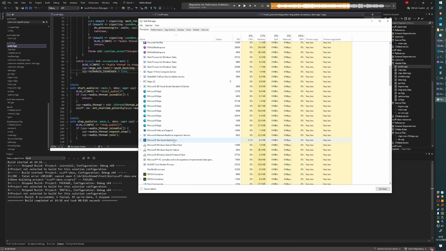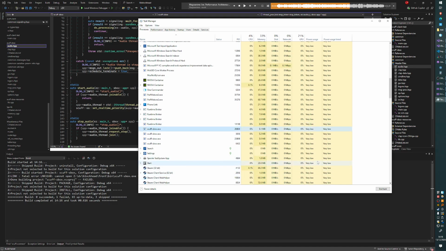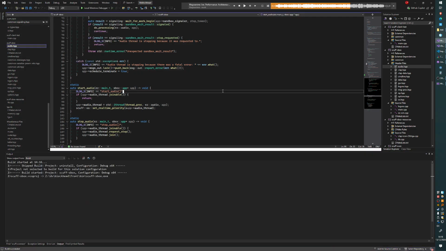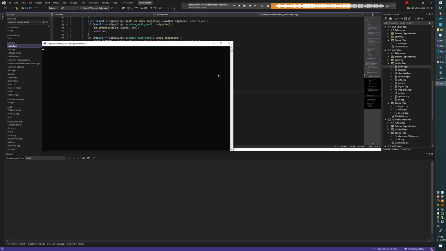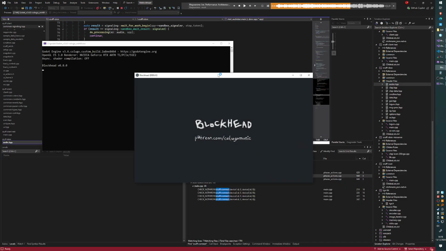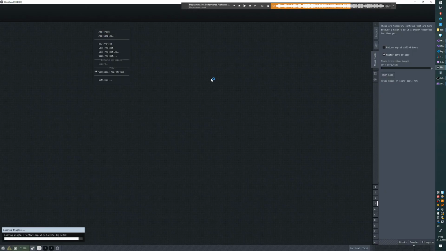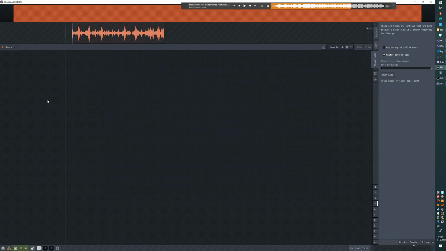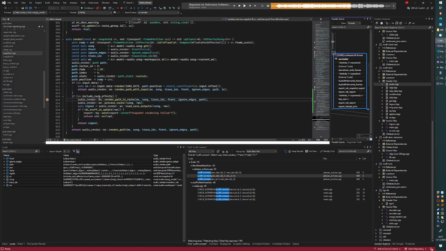I didn't get them all. Again, ordinarily they would just kill themselves automatically, but I've temporarily disabled that behavior. Okay, export. And now